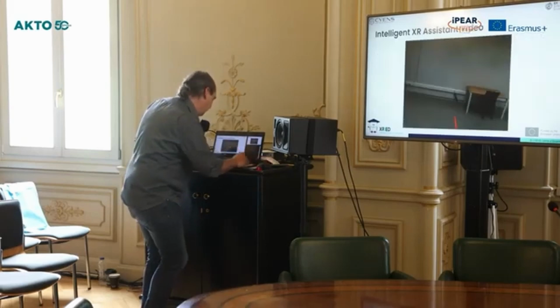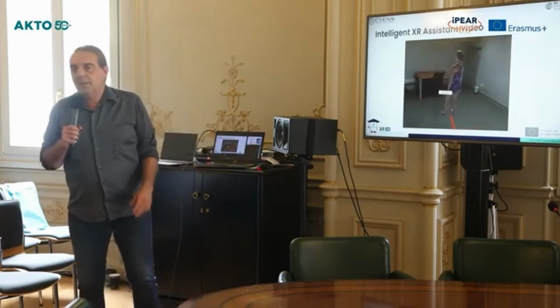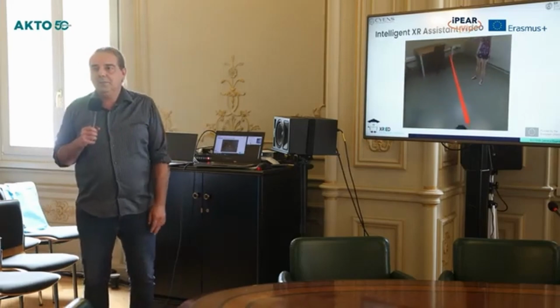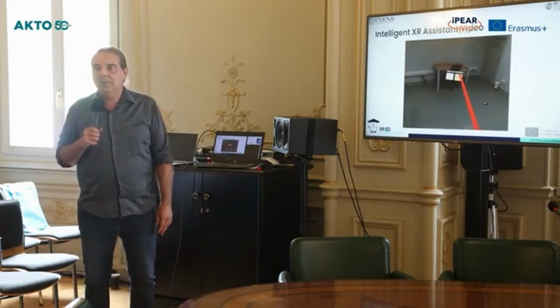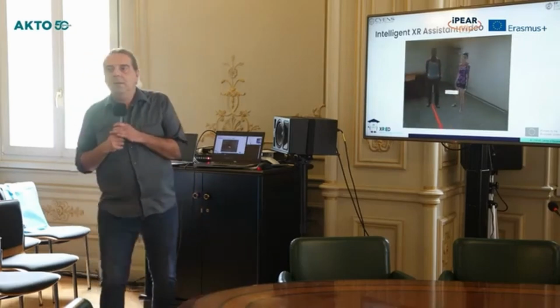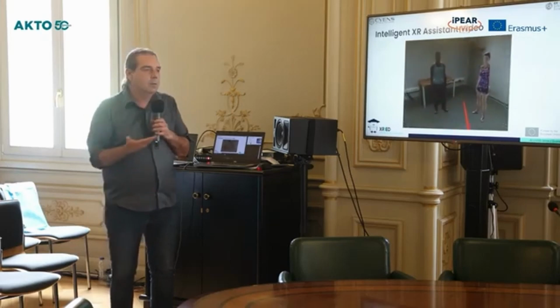which was done 2 days ago. So this is from LipMotion. Now we have two different avatars. We have a female and a male avatar. This is in our lab in Cyprus. First of all, you can see the user can position the intelligent agent anywhere in the room he or she wants.